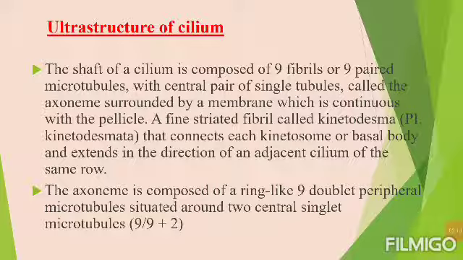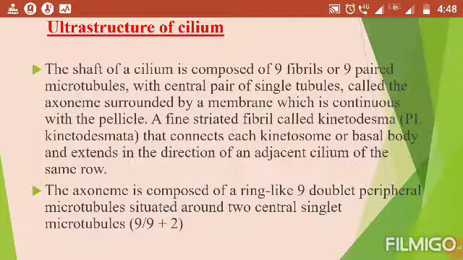Now we will study about the ultrastructure of the cilium. The cilia and flagella have a fibrillar composition. At the base, the cilium has a diameter of about 0.2 micron. The cilia are bounded by a unit membrane of 90 angstrom thickness, which resembles and remains continuous with the plasma membrane. The bounded space of the cilium contains a watery substance known as matrix.